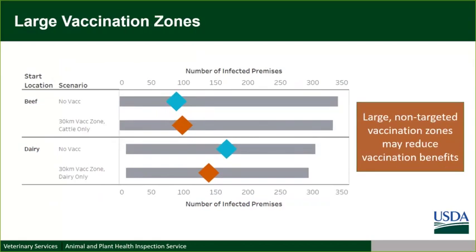Looking at larger vaccination zones, this is tied again to capacities to vaccinate. Protective or large, I'm going to say non-targeted, vaccination zones. Non-targeted means you're not looking at risk of potential spread to different industries, and you're not looking at spatial spread. You're just throwing a really big ring around an area to do your vaccination strategies. Sometimes these can be counter-beneficial if not targeted based on risk or the number of animals and farms, and can prevent the use of vaccine in new areas.